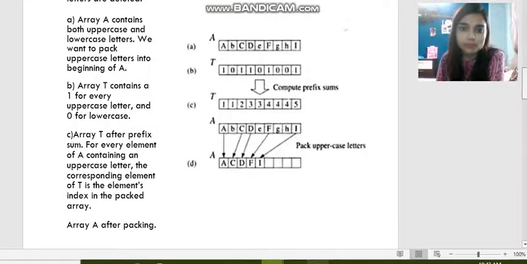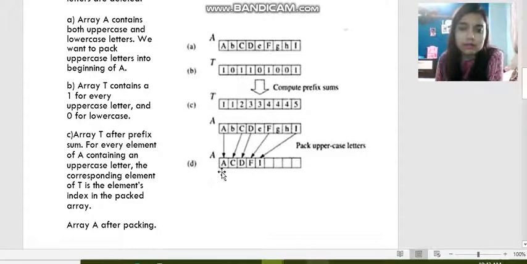Now the array T contains 1 for every uppercase letter and 0 for the lowercase letter, and we have computed the prefix sum. Now for each uppercase letter in the array T, there is an index in T. For A we have the index 1, for C we have 2, for D we have 3, for F we have 4, and for I we have 5.